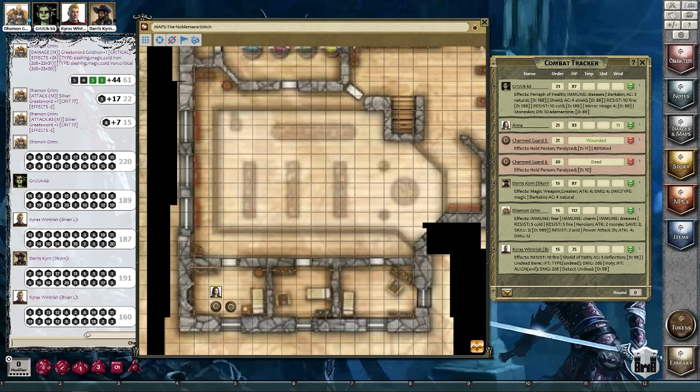Okay, you descend a flight of stairs, and you enter into a 15-foot high room. There's several boxes and crates stacked along the south wall, nearly reaching the ceiling. And inside,